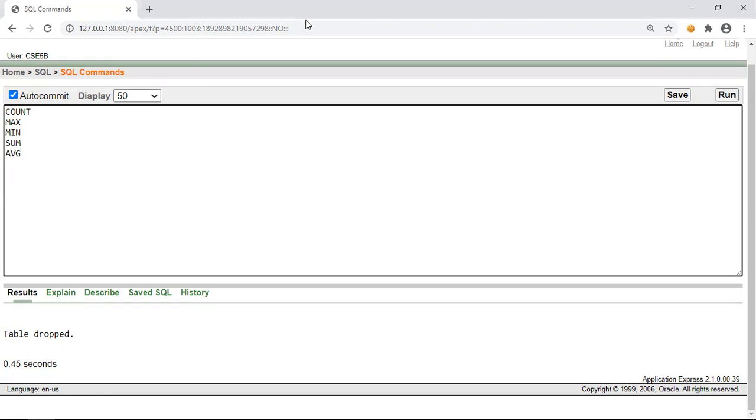In order to understand the working of these aggregate functions and their syntax, we shall create a new table. Create table marks scored. A new table we shall create with attributes, USN,